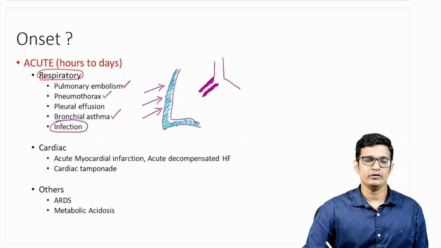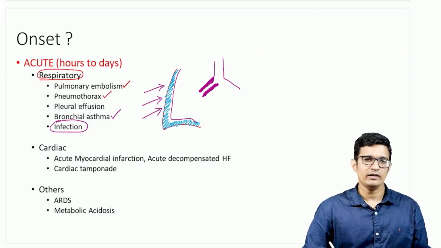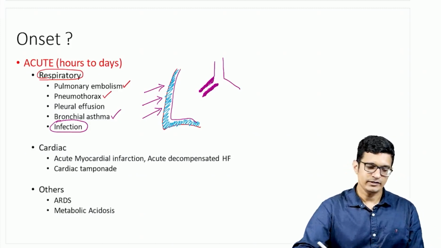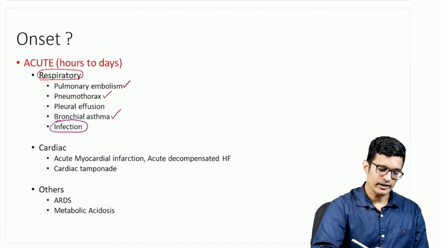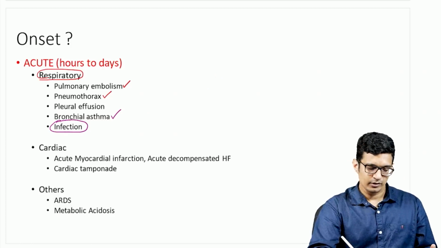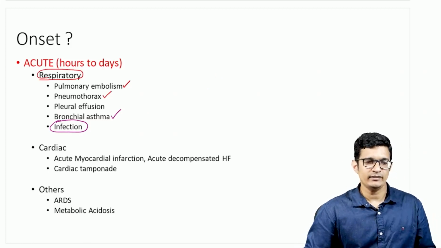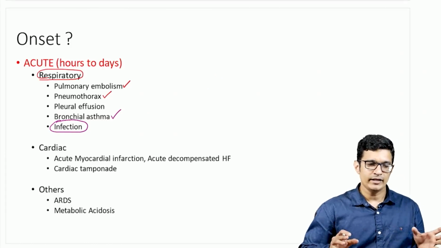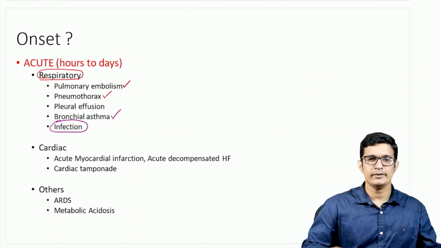Similarly, an exacerbation of chronic obstructive pulmonary disease can also cause an acute onset breathlessness which progresses in hours to days. What could be the cardiac condition which causes acute onset breathlessness? It is most commonly an acute onset heart failure or a cardiac tamponade. Now, cardiac tamponade is a condition where there is escaping of blood or fluid into the pericardium, and when there is filling of blood in the pericardium, that will mechanically compress the heart